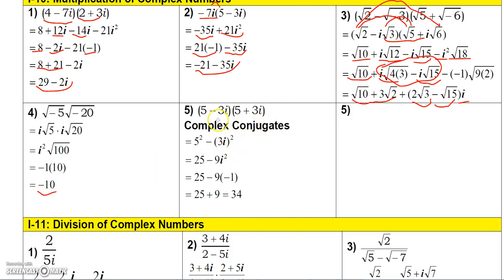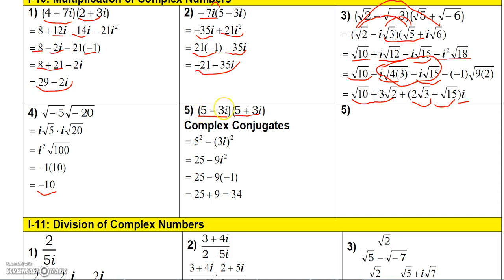Now this we're going to need in the next section. And these are actually called complex conjugates. And so anytime you have a minus bi and you multiply it by a plus bi, it eliminates the imaginary number. And let me show you what happens. You remember when you multiply